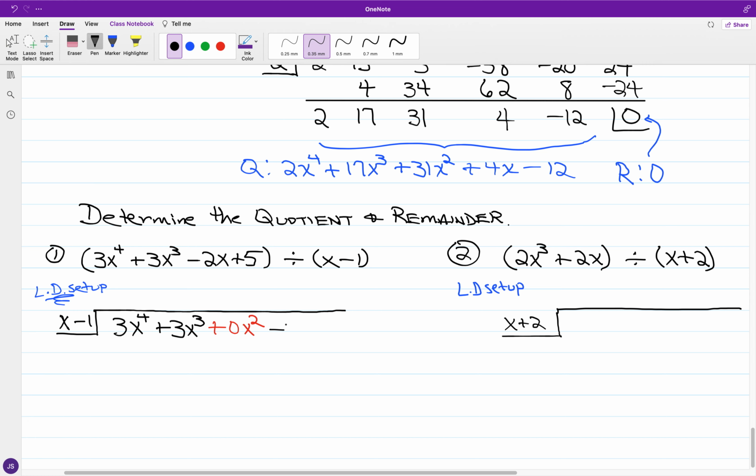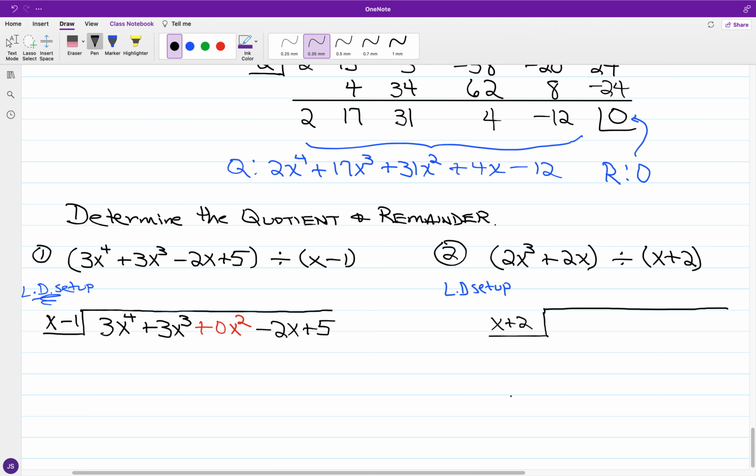Then we got negative 2x, and we have closing out with the number 5. Okay, and we get to synthetic division on this one. Now for 2x cubed plus 2x divided by x plus 2. So x plus 2 is the divisor. Now in terms of setting up the dividend, okay, so at the front we have 2x cubed,